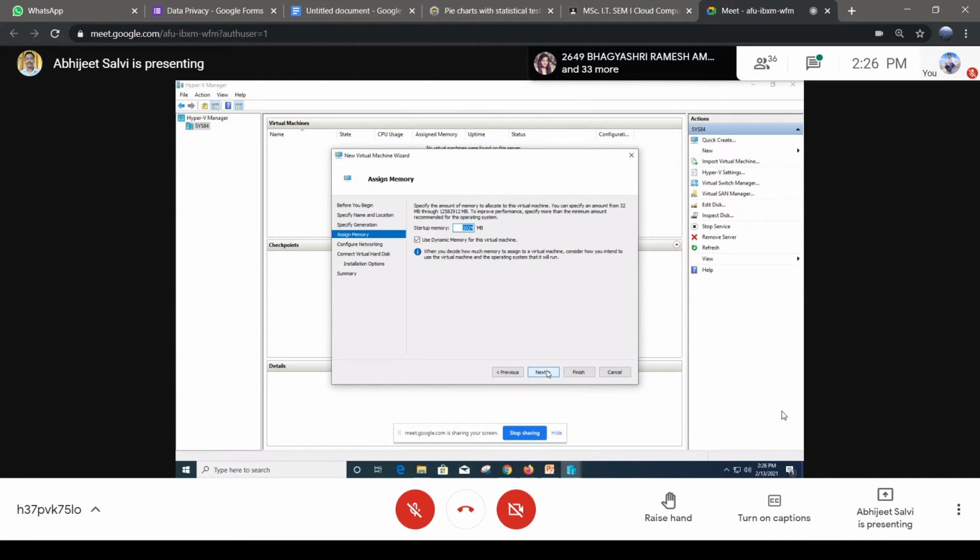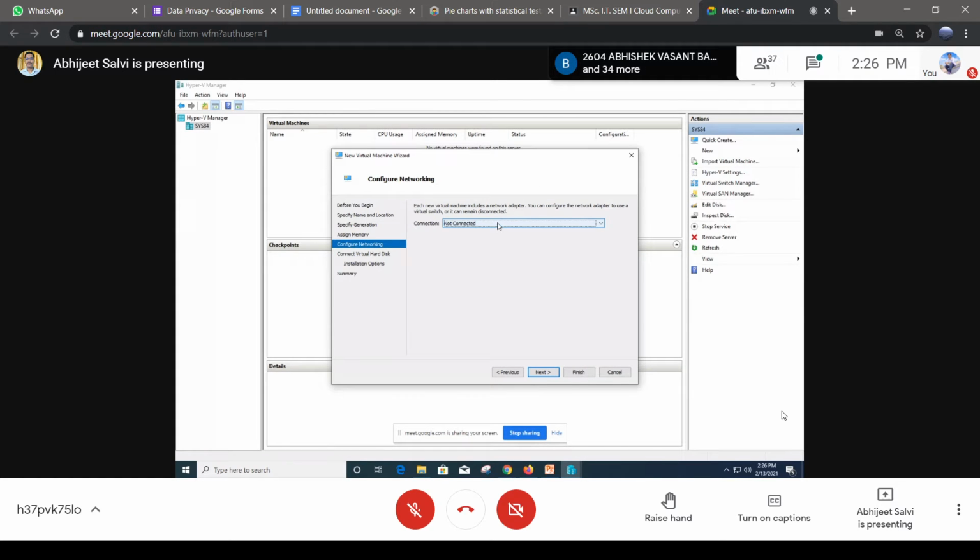And as I told you, we can assign dynamic memory to our system, right? That can be done with the help of startup memory. So that is dynamic memory allocation to our virtual machine. You can just keep it as it is, 1024 MB. Just follow Next. We can configure networking.